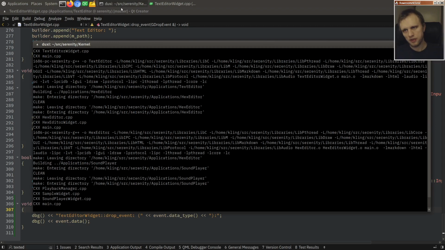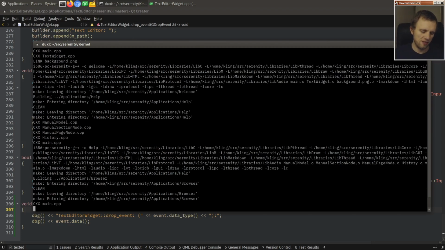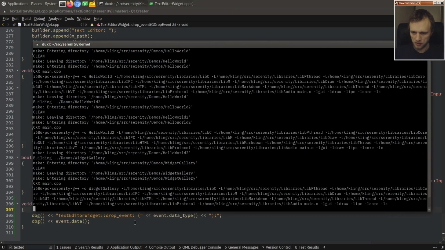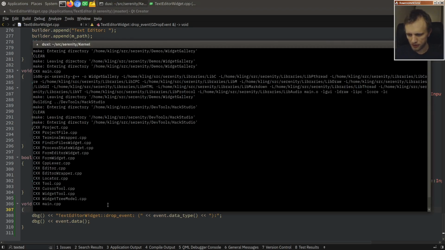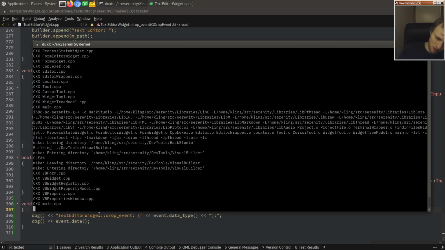And of course, the way things are right now, we can't actually open multiple files in the text editor widget. So we're going to have to hope that you only send us one, but I have a feeling that we're not even going to get this event at this stage yet though, because